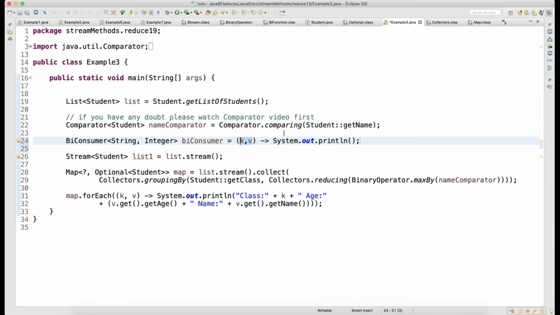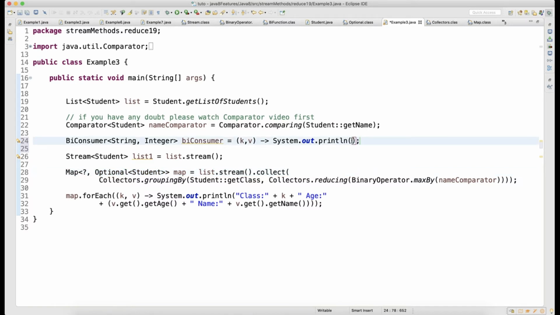What happens is, when you say key and value, basically in this case you are running over the map's key and value pairs, right? So key is your this object, and the value is what? Value is optional of a student, right?